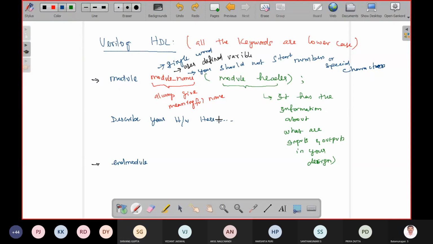No, sir. Okay, so now for this description, we have different abstraction levels in Verilog HDL, which we will discuss next.